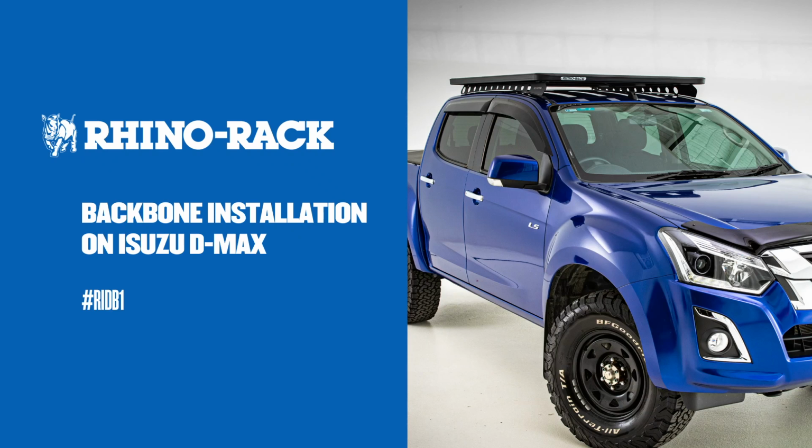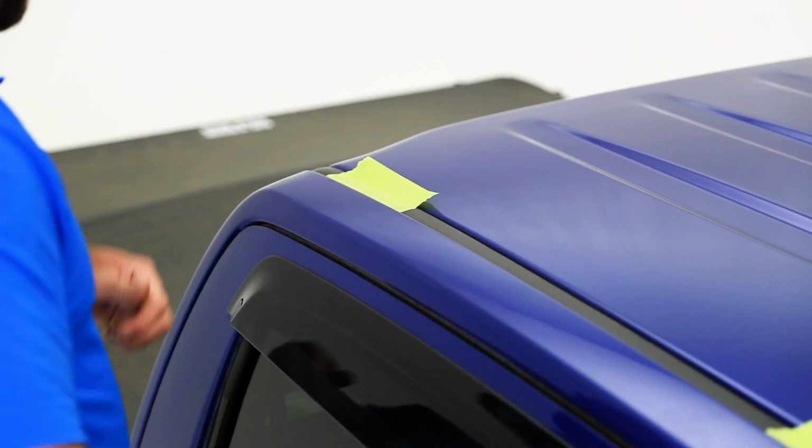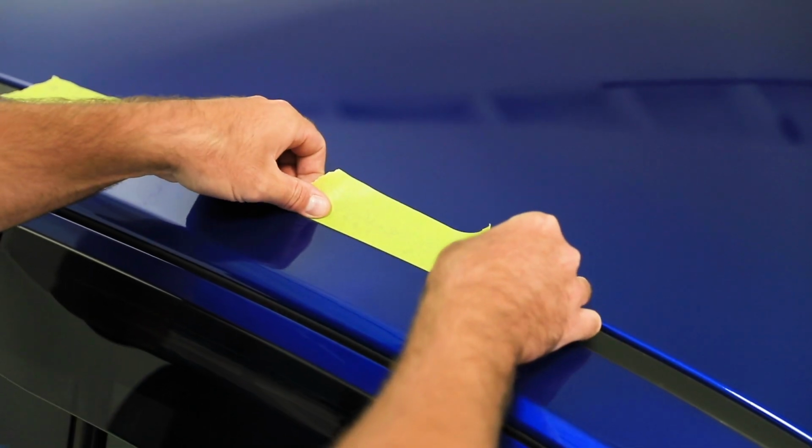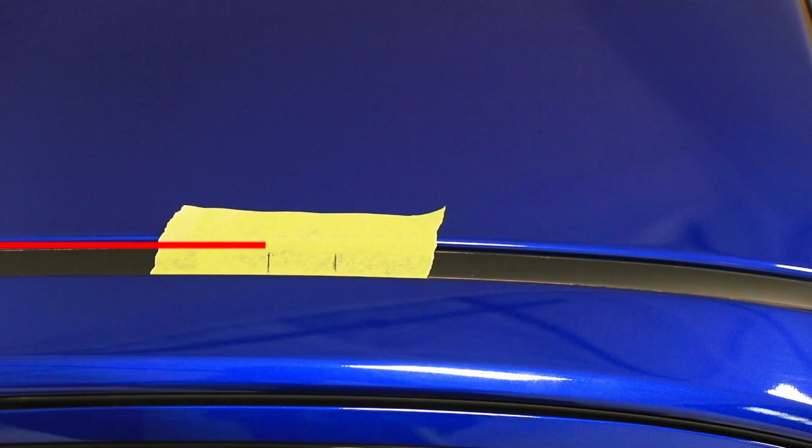In this video, we will show you how to install a backbone on an Isuzu D-Max. To start, apply masking tape in the gutter above the door jamb and working area to easily make reference points when measuring. From the door jamb, measure 275mm to the front of the vehicle and make a reference point, followed